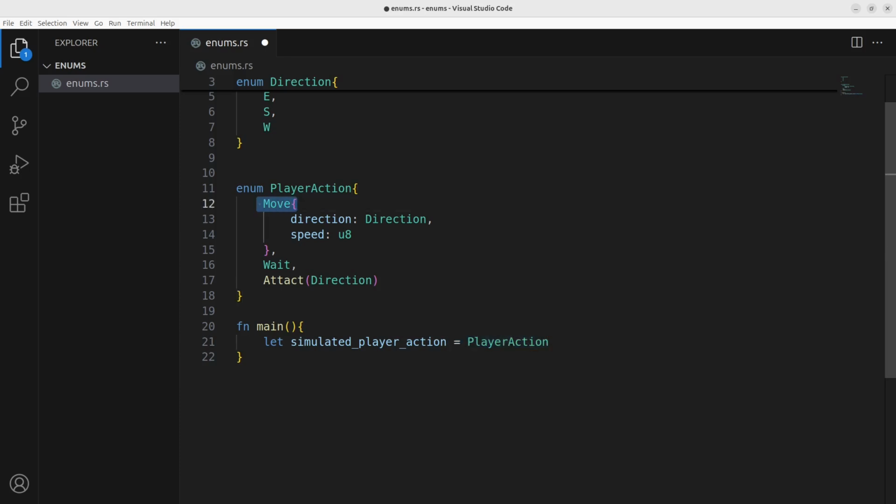Now, how do we access the variant from this enum? We can access the variant of the enum by using the scope resolution operator, the double colons, from C++, if you know that. And the action that we want to make is move. That is followed by curly braces, and we know that move takes two